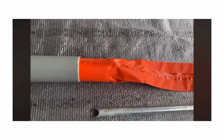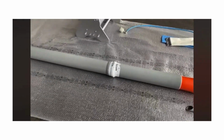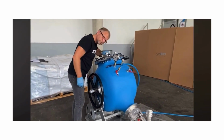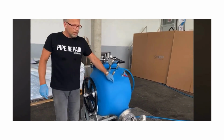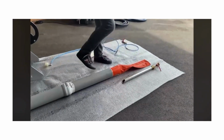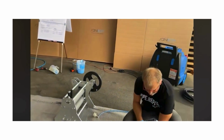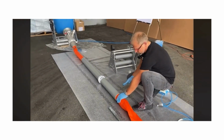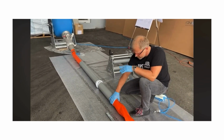So, now I fix it. The curing pressure would be 0.3 bar on the bar. And when I put on the curing pressure, then he will get very strong, very tight, and will press the liner